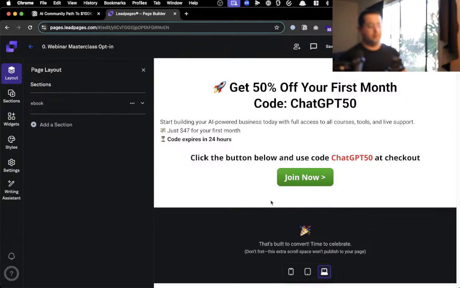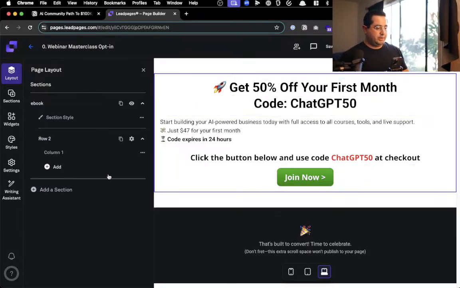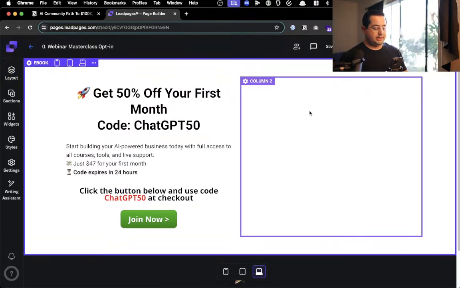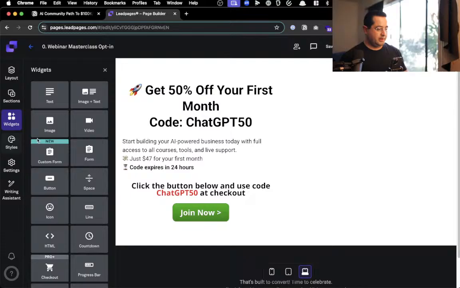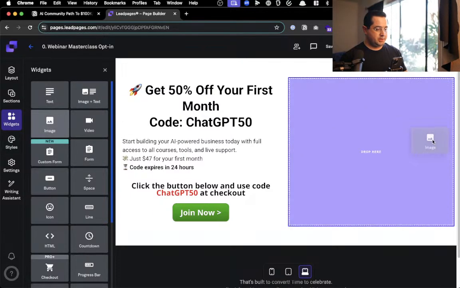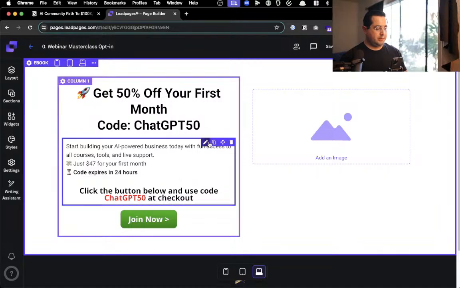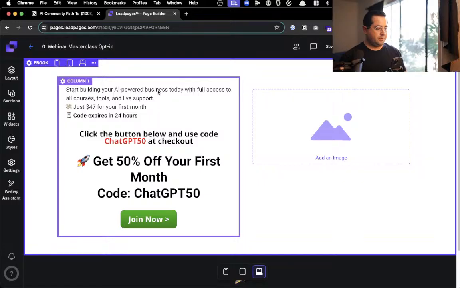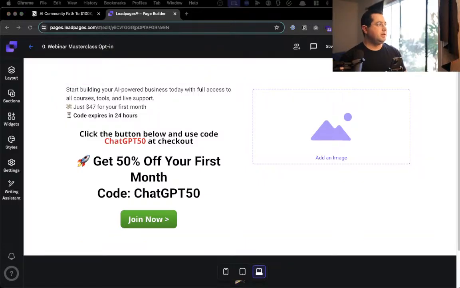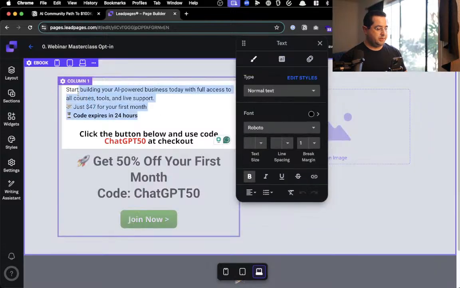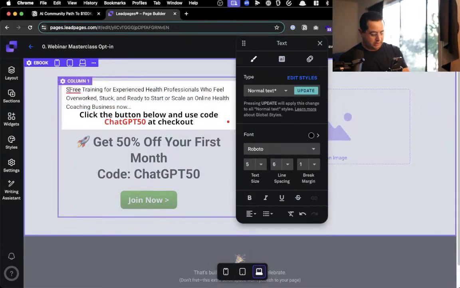Okay, cool. So we just need to add another column. And the nice thing is that, let's do an image here. Here we're just going to keep this one here, and we're going to use LeadPages for this whole process. And I'm going to actually template this too, which is going to be super nice, because I also want you guys